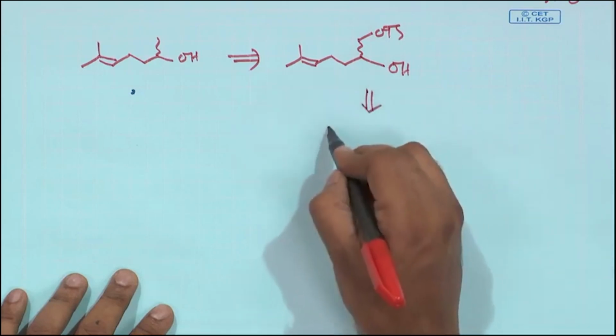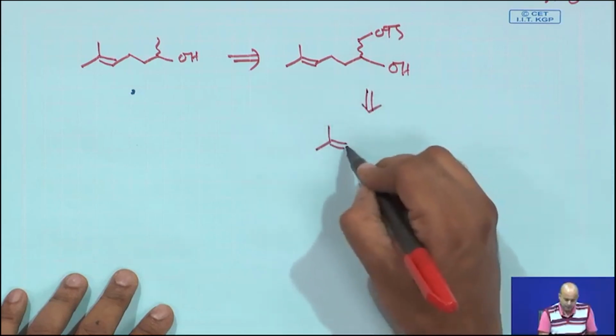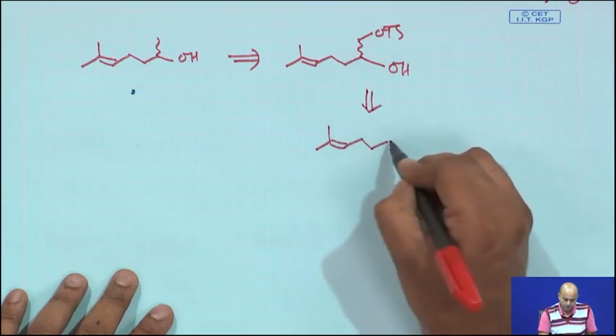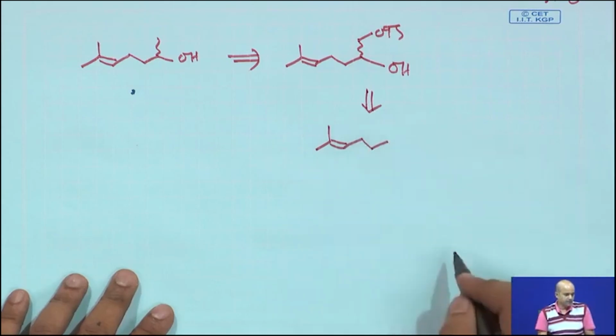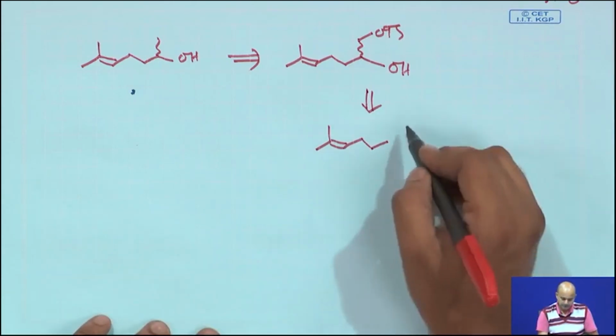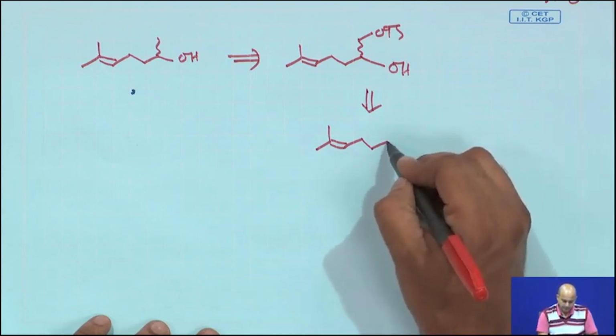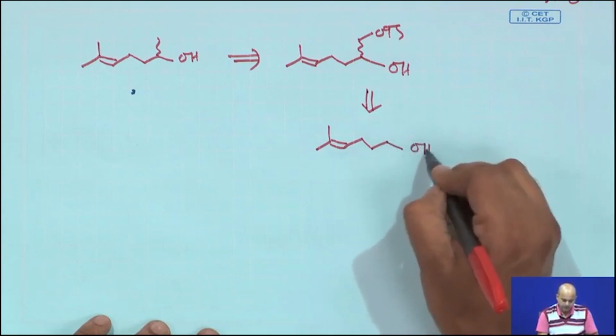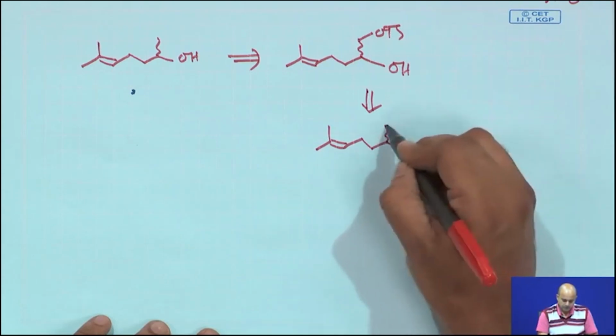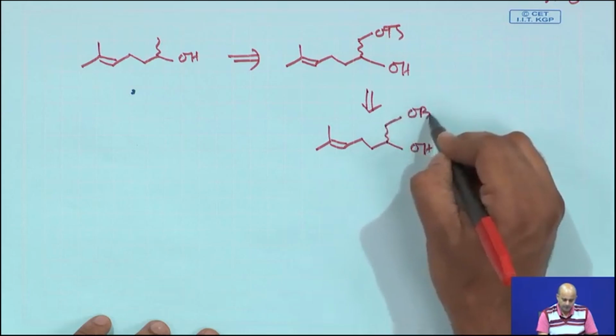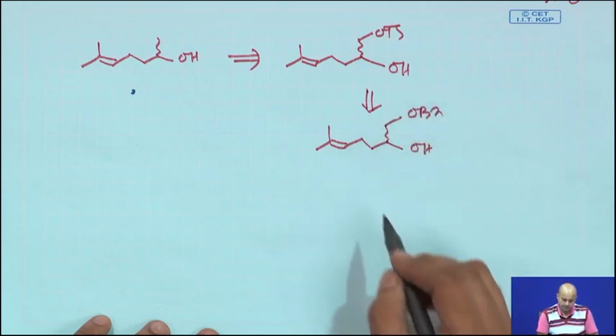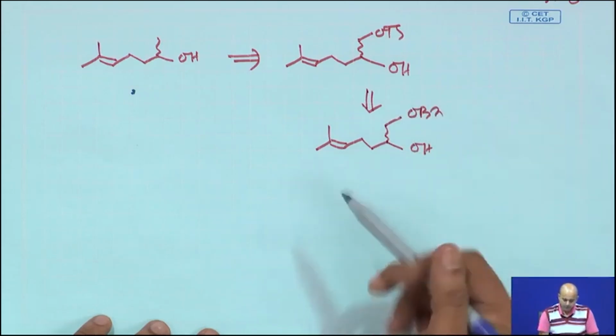Now, the starting material was given, we need to figure out how this compound comes about. This OH is coming from this OBn. Now, try to analyze